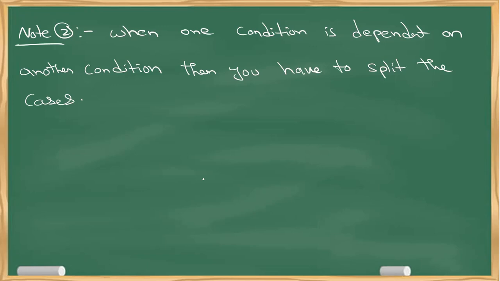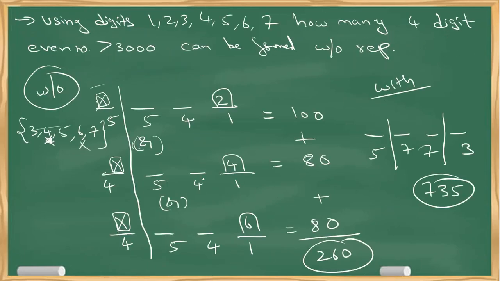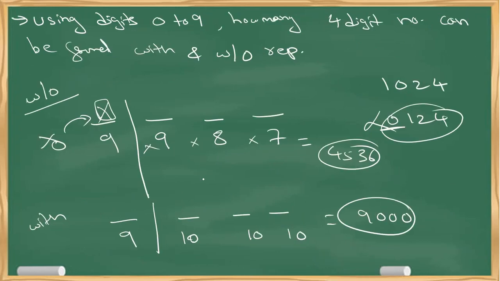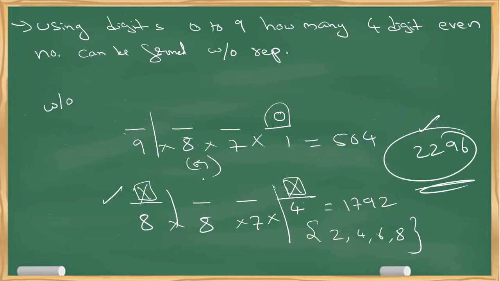So with that we got the answer for this question. Then we just applied whatever we have learned. Now we have taken 9 digits and we want to know whether 9 should exactly come. It has to be an odd number. So we got the answer using that. Then we included 0 also. Whenever 0 comes in place of numbers, the indirect condition is that 0 should not be there at the first position. So this is what we got.